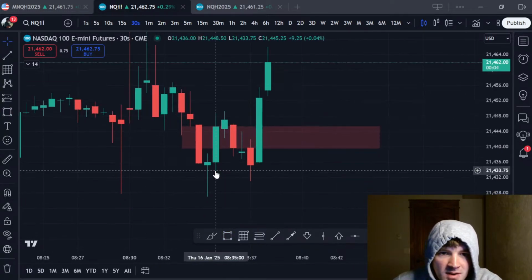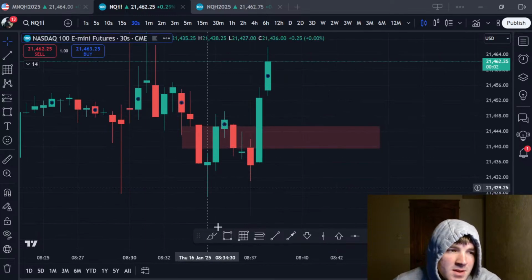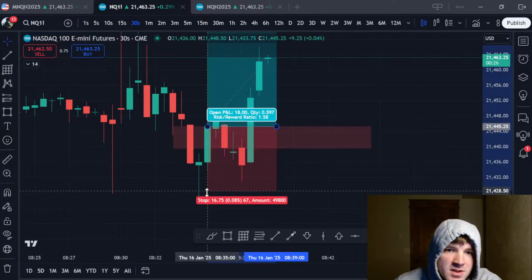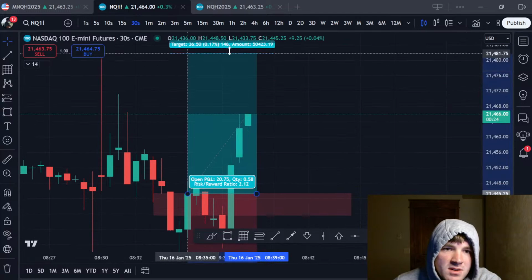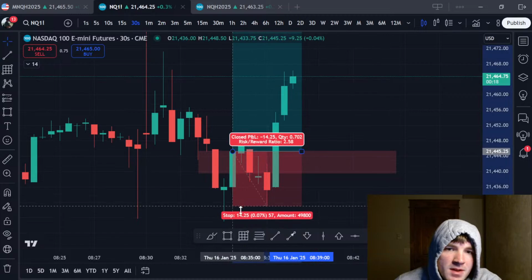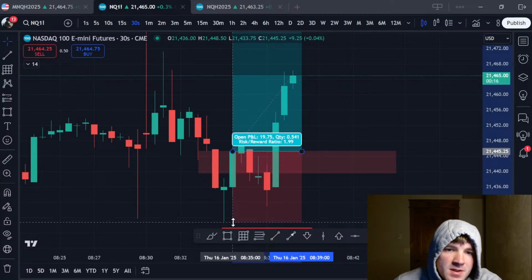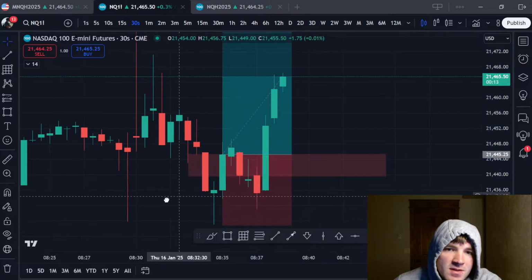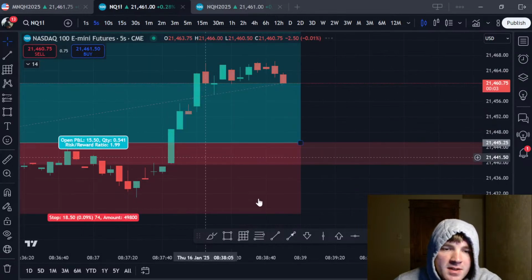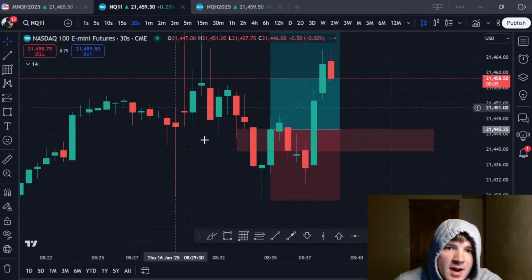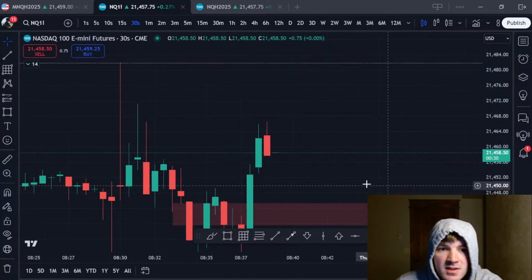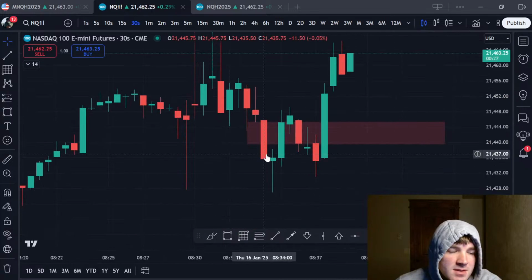But yeah, I also probably would have got stopped out here because I know typically Dodgy just says, oh yeah, I just like to hold it. I don't know. Dodgy just likes to be extra conservative with these. I'm not exactly sure what I would do here, but I'd probably have my stop here and get stopped out, and that would suck. So I'm actually glad I didn't take this.